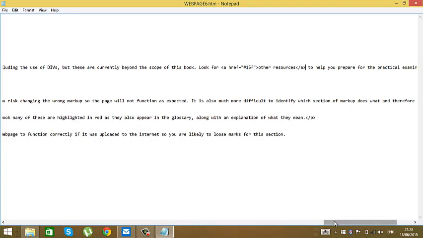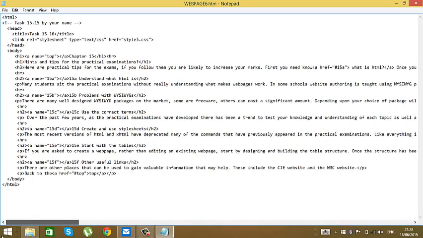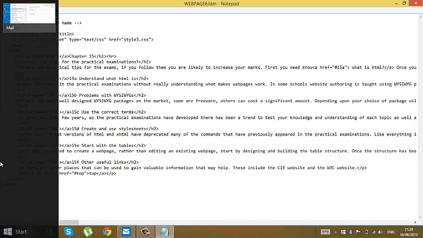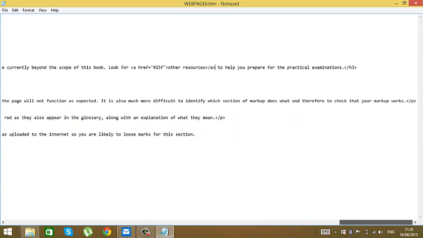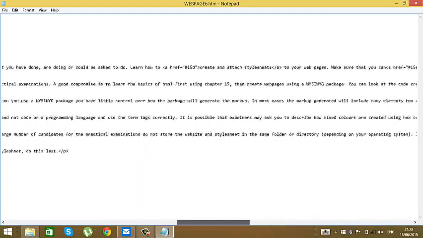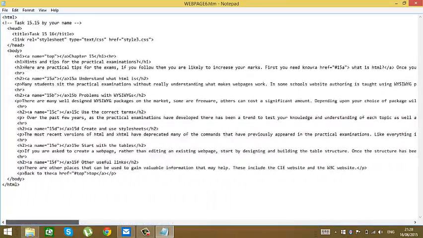Since we want to go to other sites, we have to look after the 15F. Below them we have here the site. Here we have to look for the CIE word.